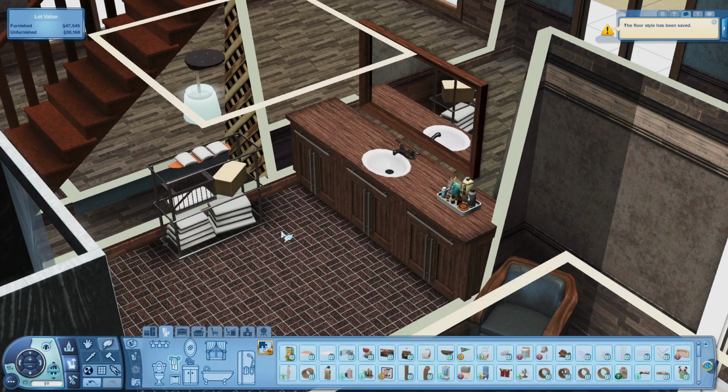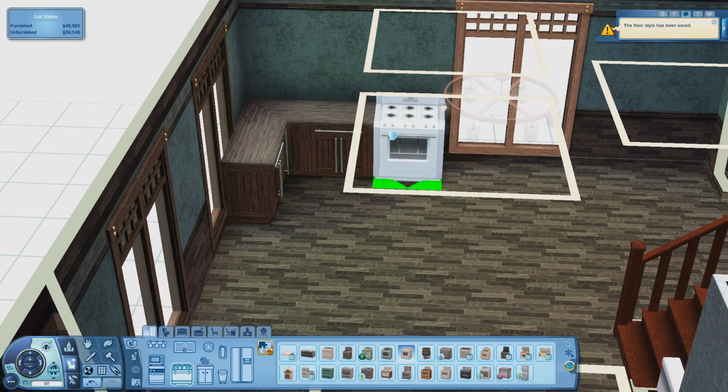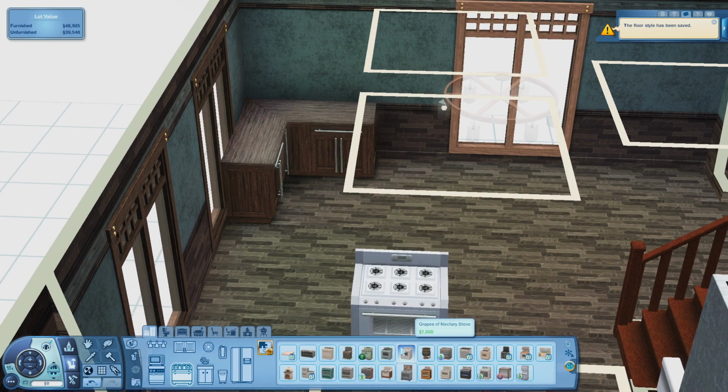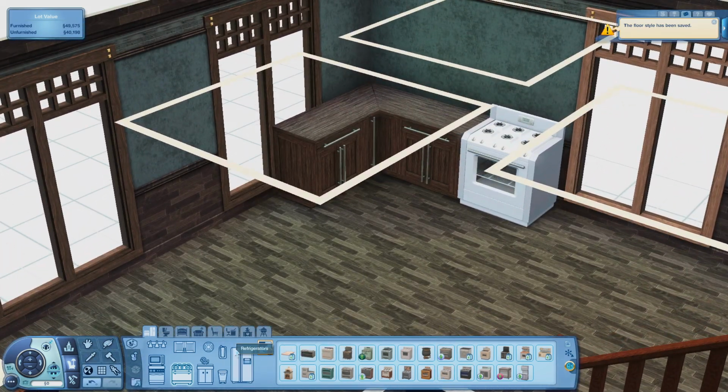But moving on, this is the kitchen area. So for the kitchen, I used my base side countertops. Again, they're my favorite one, y'all. I did something a little bit different. Instead of putting cabinets above the countertops,